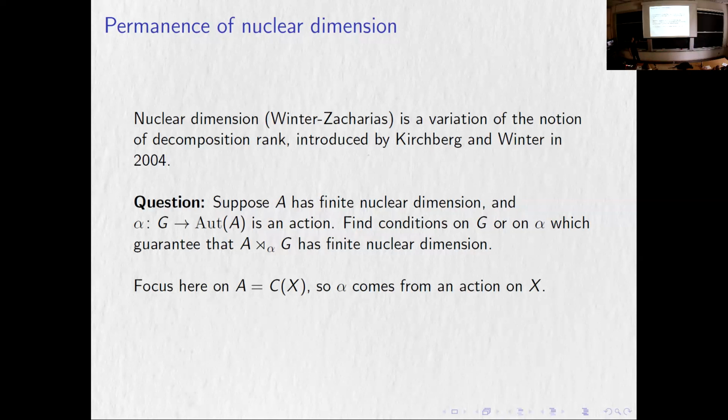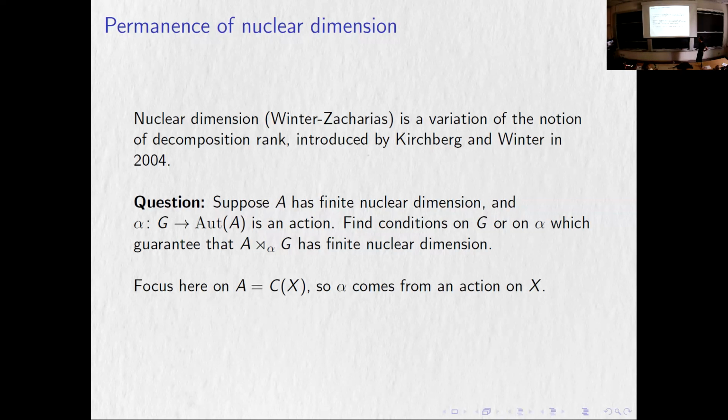Okay, so this question has been studied, as I said, quite intensively, focusing, as in many things in C-star dynamics, on the two extremes: either the case where A is simple or the case where A is commutative. What we did is a bit more general. We looked at C(X) algebras. For the purpose of these slides, I'll talk about C(X), although for the next half, I have to have the more general setup, which I'll mention there.